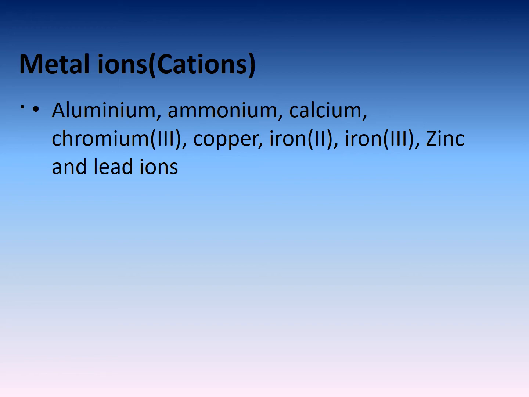And we are using two reagents for the testing of these cations. Number one is sodium hydroxide, which is a strong alkali, and number two is aqueous ammonia, which is a weak alkali. We will be adding the reagents dropwise, that is 3 to 4 drops first, followed by an excess amount. You can see that two observations must be recorded. Number one is the color of the precipitate, if any. Number two is the solubility of the precipitate in excess reagent and the color of the resulting solution. So by using these two observations, we can deduce the identity of the cation.